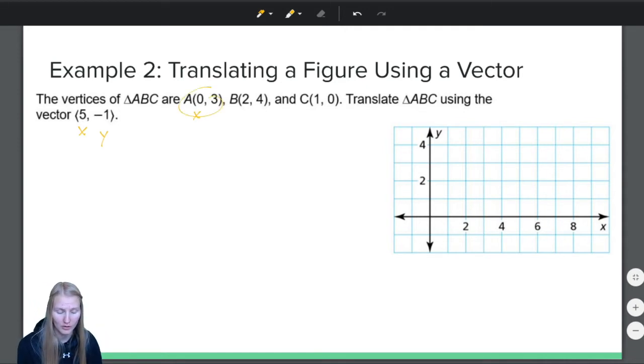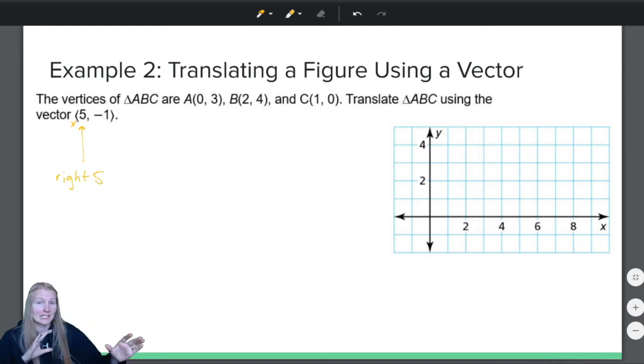Just like our coordinate points have x first, y second, vectors also have x first and y second. But what this vector tells us is that because it deals with x, we have positive 5 for x. And what that means